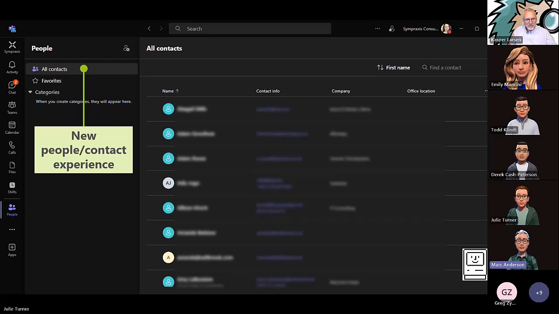If you're a Teams-first kind of organization, this is a great UI to have. You don't have to context switch. I mean, those of us who've been using Outlook for 45 years are switching into Outlook all the time, so we're used to that. But this keeps you right in Teams.